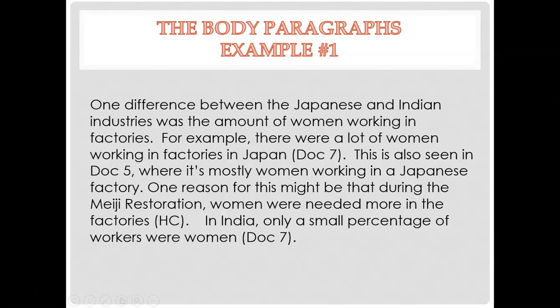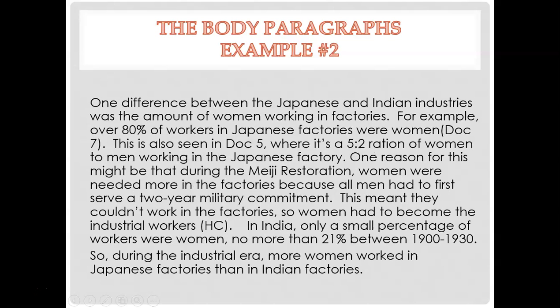And that's what we're going to do with example 2. One difference between the Japanese and Indian industries was the amount of women working in factories. For example, over 80% of workers in Japanese factories were women. This is also seen in document 5, where it's a 5-to-2 ratio of women to men working in the Japanese factory. Now, one reason for this might be that during the Meiji Restoration, women were needed more in the factories